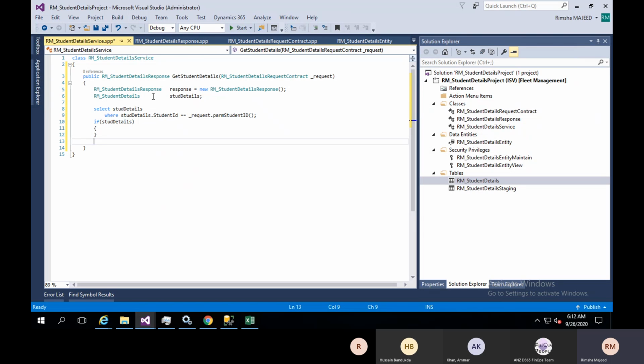If it doesn't, I can create a node or message type of parameter and response contract as well, that this record does not exist. But right now we are assuming that we already have the data that will be getting in the request, right? So let's just fill it with